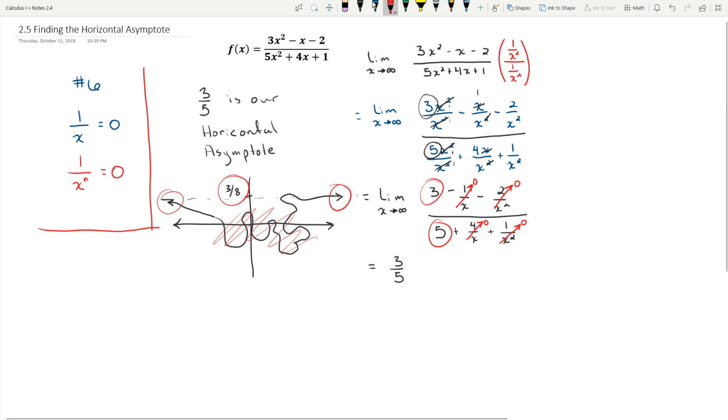Further, because we do not have a variable left, we know that even if we took negative infinity, so the limit as x approaches negative infinity, we still end up with a positive 3/5, and that's probably a little confusing here. So our end behavior is not 3/8, it's 3/5. Sorry about that. So we are approaching 3/5 at negative infinity